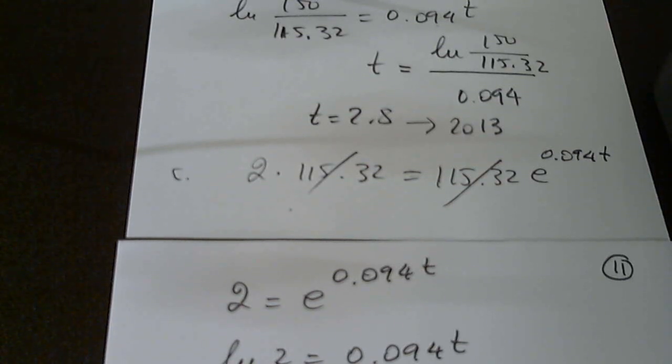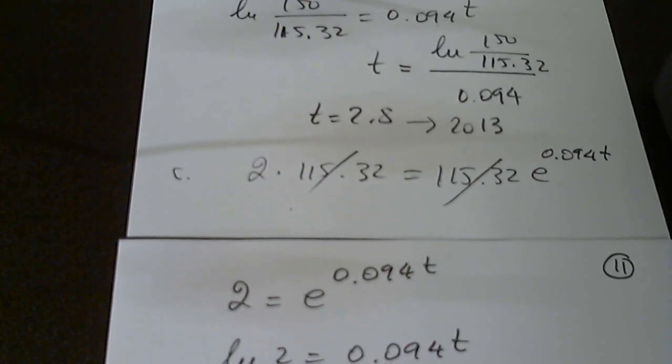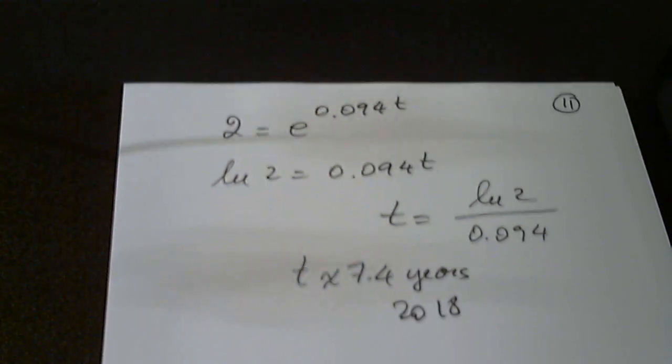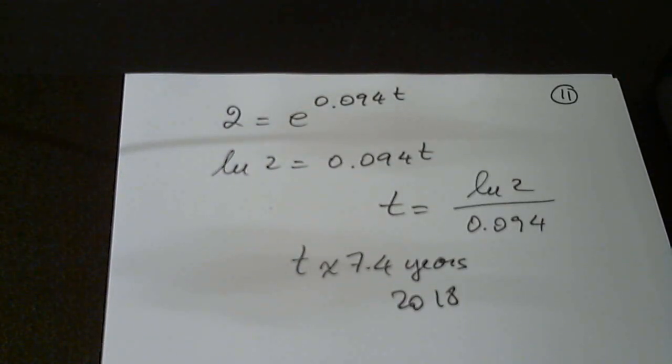Okay, so it doubles in 7.4 years, which means in 2018. It did double, if the model is correct. I'm assuming it was determined